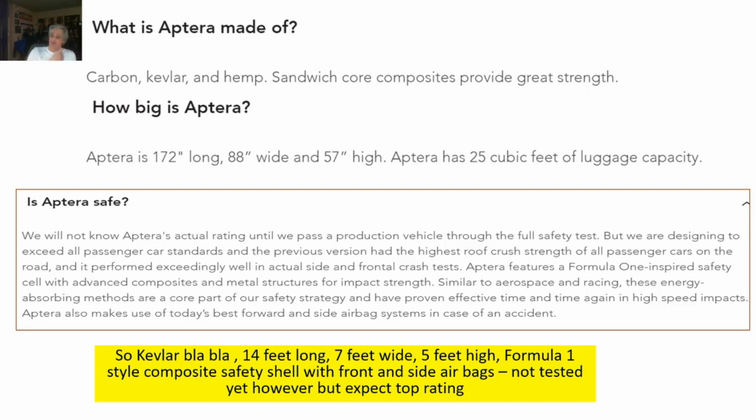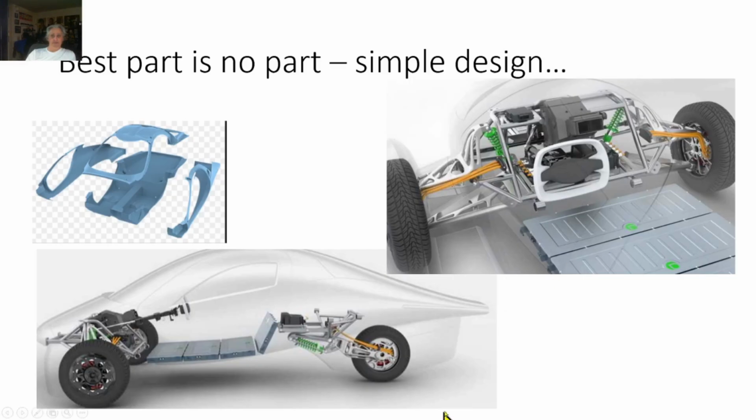14 feet long, 7 feet wide, 5 feet high, Formula One style composite safety shell, front and side airbags. But it hasn't been tested yet. Okay, so I don't know. They got an A or a B chassis. They have a rolling chassis. They're running around. So that's the deal. Pretty wide. I think it's as wide as a Model S. And 14 feet long. You know, it don't look like it's that long, but it is. All right,